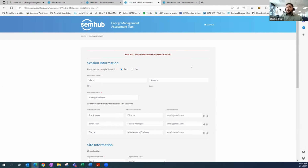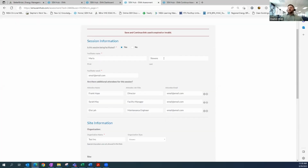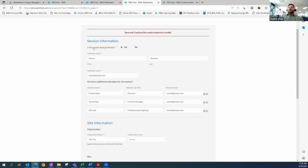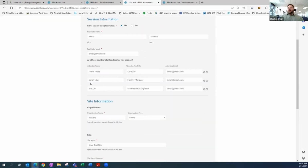And then that assessment results in a report that can be downloaded and saved to show that site's progress. Okay, so this session page, and just note, this is a pre-made example that I created. So this would all obviously be blank, but the session page starts with the facilitator, if it's being facilitated or not. So if a utility SEM coach is present, their contact information, then you can add who from